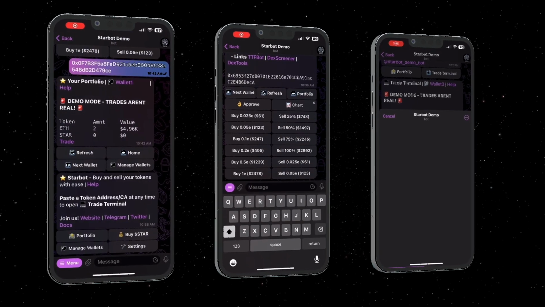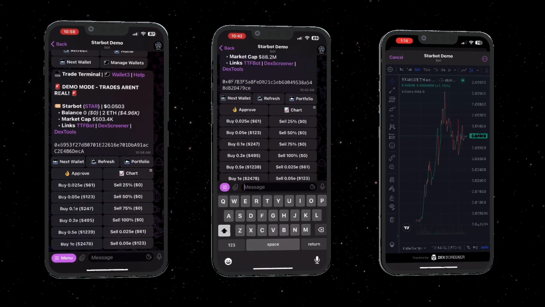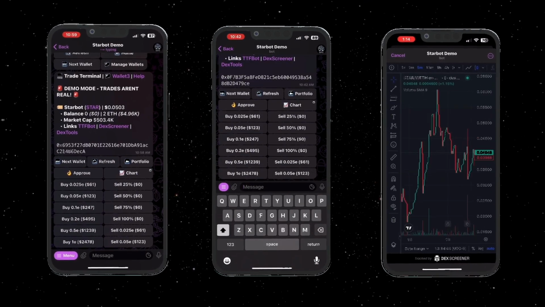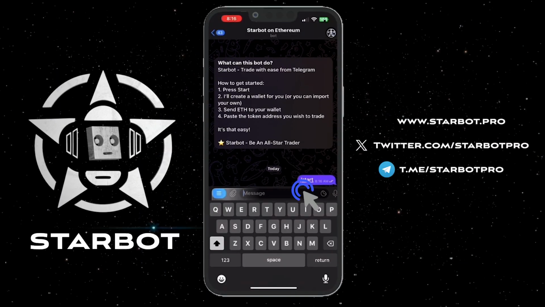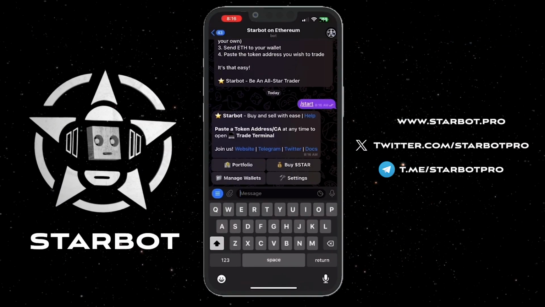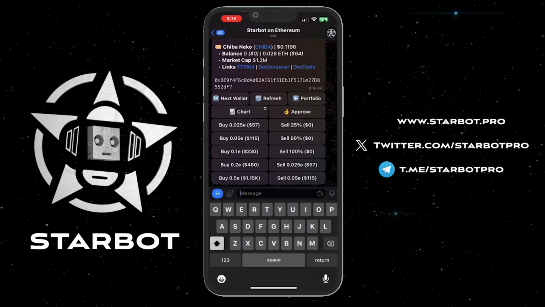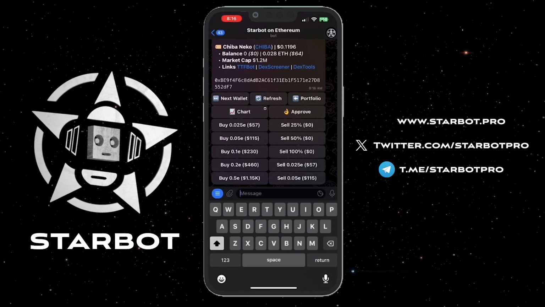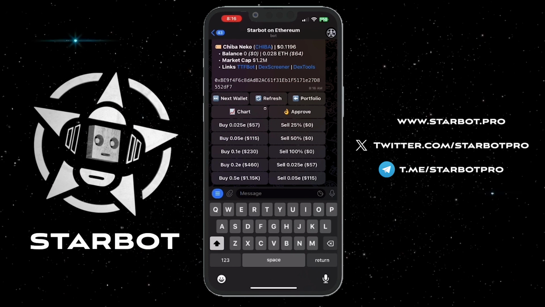The Starbot Trade Terminal is where we get all of the trade-in information for a specific token after we press trade in the portfolio or paste a contract address in the Starbot prompt. To start trading, simply paste a token address in your chat with Starbot. You can find addresses for your favorite ERC20 Ethereum tokens from various sources such as CoinGecko, DEX tools, Telegram groups,